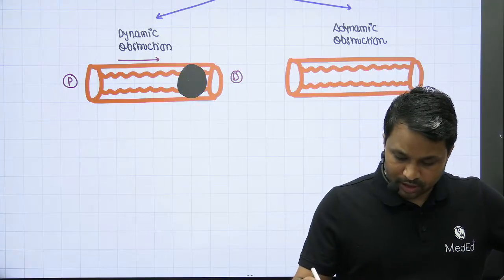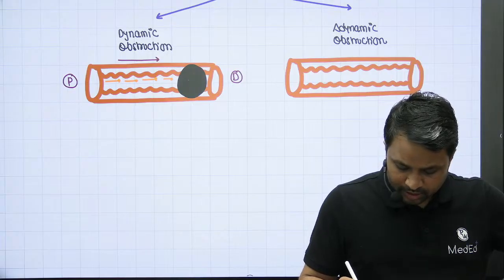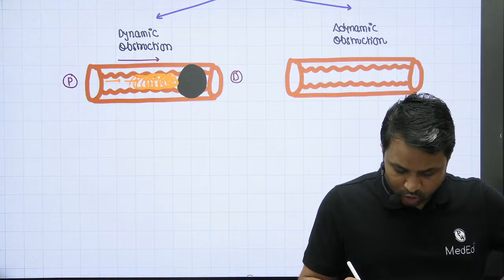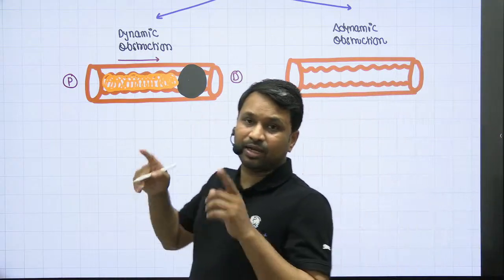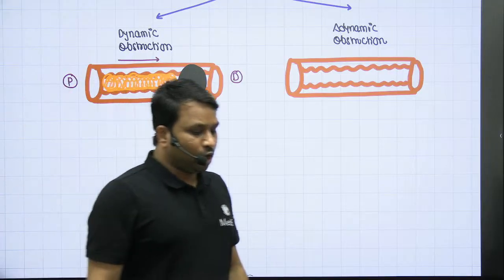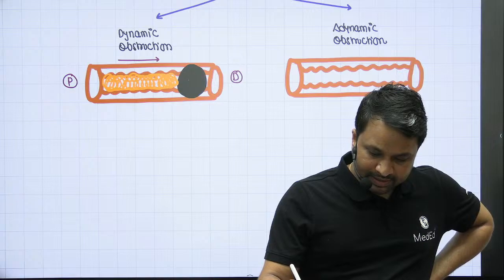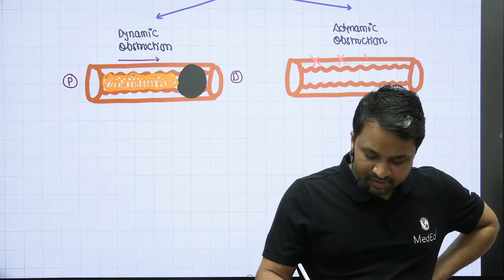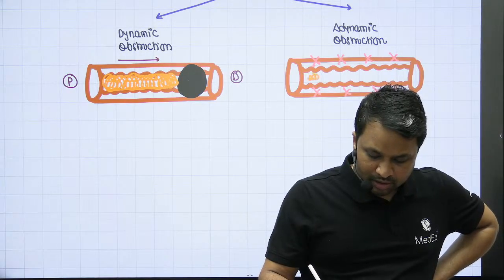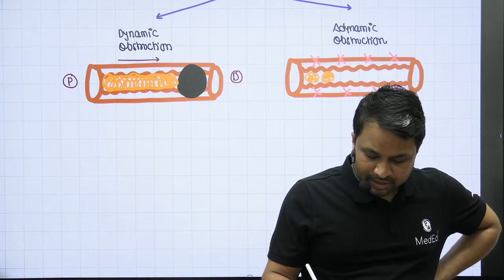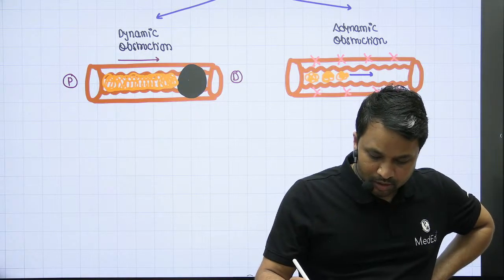Now, because of this, what is going to happen? Anything that is moving inside the intestine cannot move and will start pooling. This back pooling of the content inside the intestine is what we call dynamic obstruction, because there is some visible mechanical obstruction which is not allowing the content to move forward. On the other hand, in adynamic intestinal obstruction, the lumen is absolutely fine, but there is loss of peristalsis. The bowel wall does not have any peristalsis, so the content stays in its place and cannot move any further.